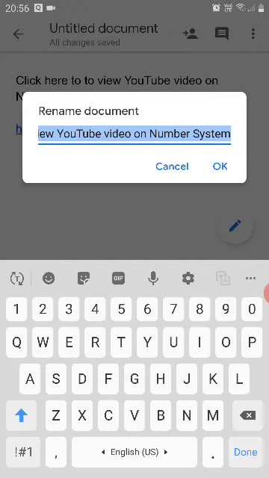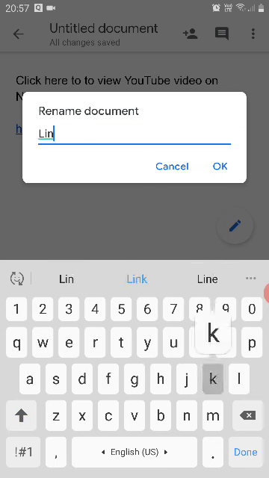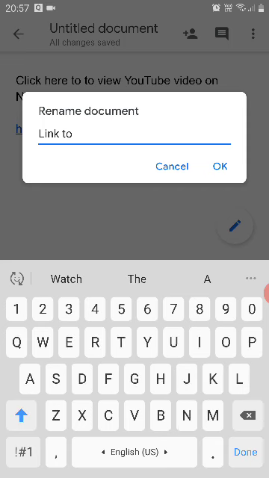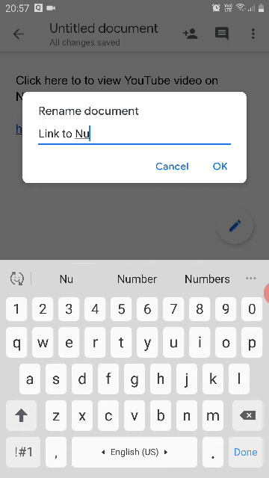You have to click on the blue tick, so you will go to your original page, and there you will see an untitled document. So you have to click on the untitled document. It will ask you to rename this. So I will write down here link to number system, or chapter 1, whatever name you want to give.